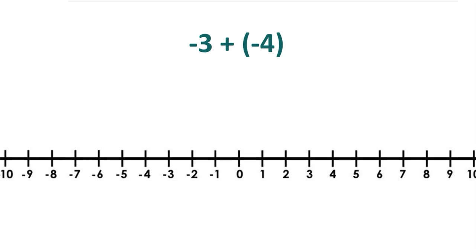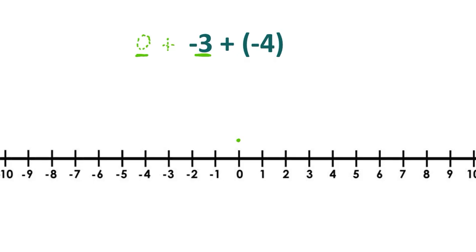All right, let's look at another example. -3 plus -4. Now I can add my invisible 0 as a starting point. The first number tells me where I'm starting. I'm starting on 0. The second integer tells me 2 things. 1, which way am I facing? 2, how many steps will I take when I move? Now, the direction I'm facing does not influence if I'm moving forwards or backwards. That is only determined by the operation.